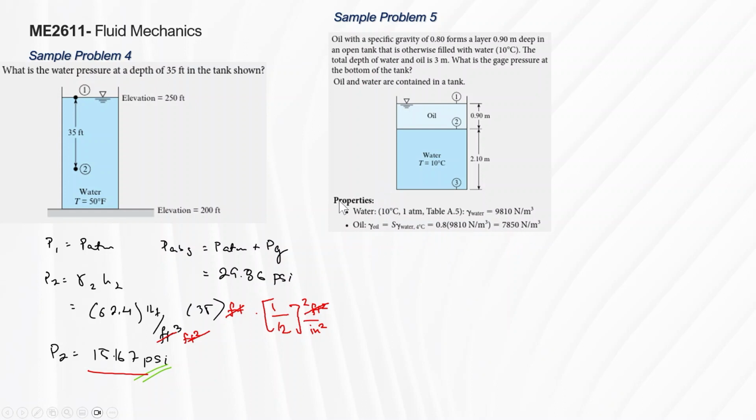So that's given. I think what I did here is I just played around with the formula. I can get the gauge pressure at point 2. For oil, all I have to do is P oil equals gamma oil times h oil. So that's 7,